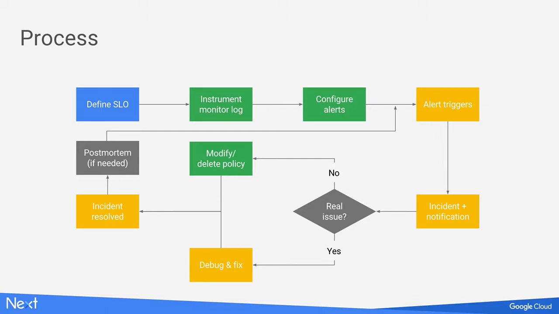So if an alert triggers, usually an incident is opened. We use that term to define a problem that somebody needs to take care of. So there's a time span, an incident is active, a notification is being sent, so somebody is handling the issue. Now, the first thing to figure out is if this issue is real. If it is real, you need to mitigate it,